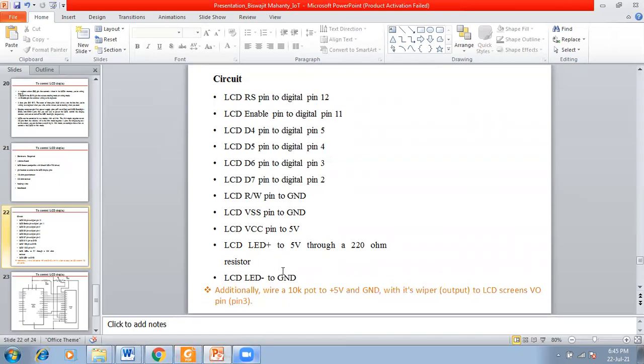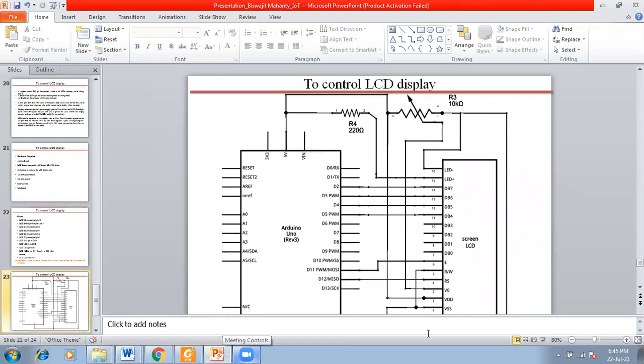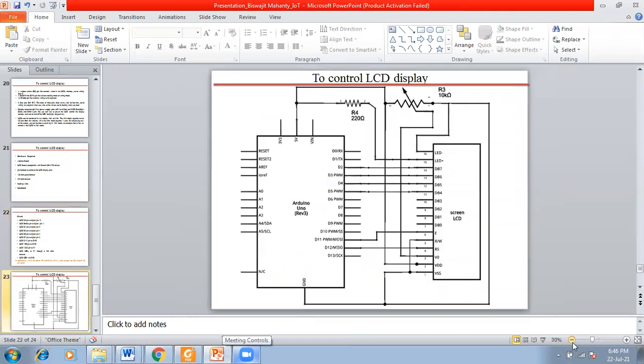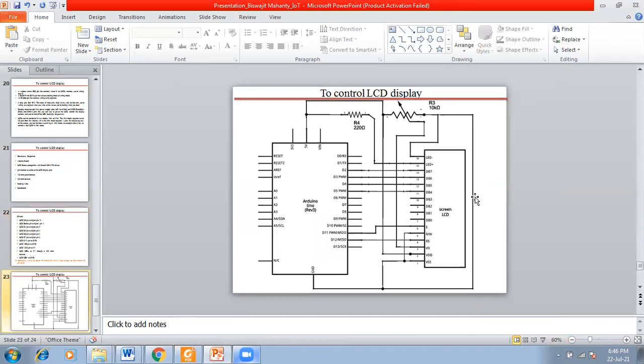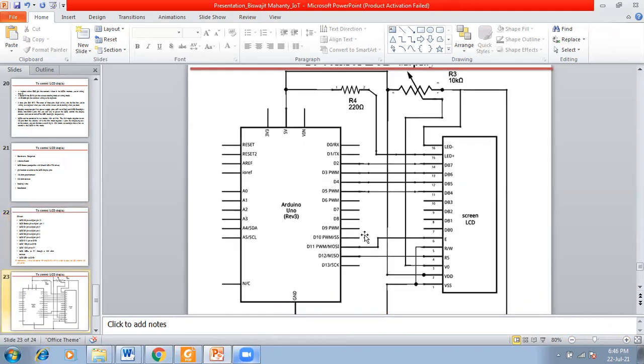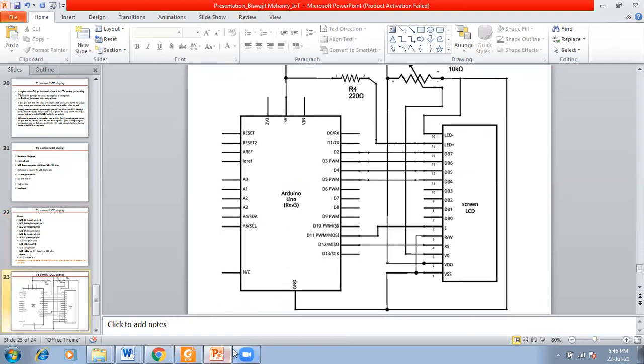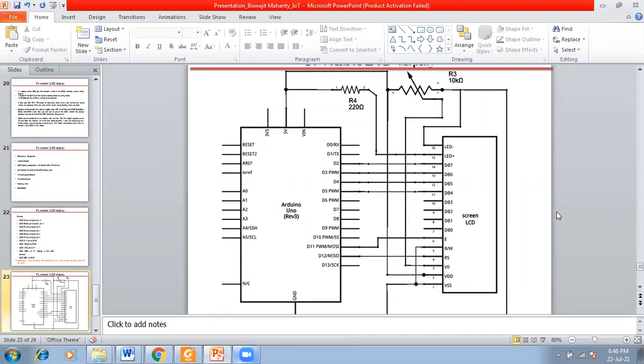According to this circuit, we have to connect our LCD. This is the main circuit. First of all, see, VSS is grounded here. VDD is connected to plus 5 volt.